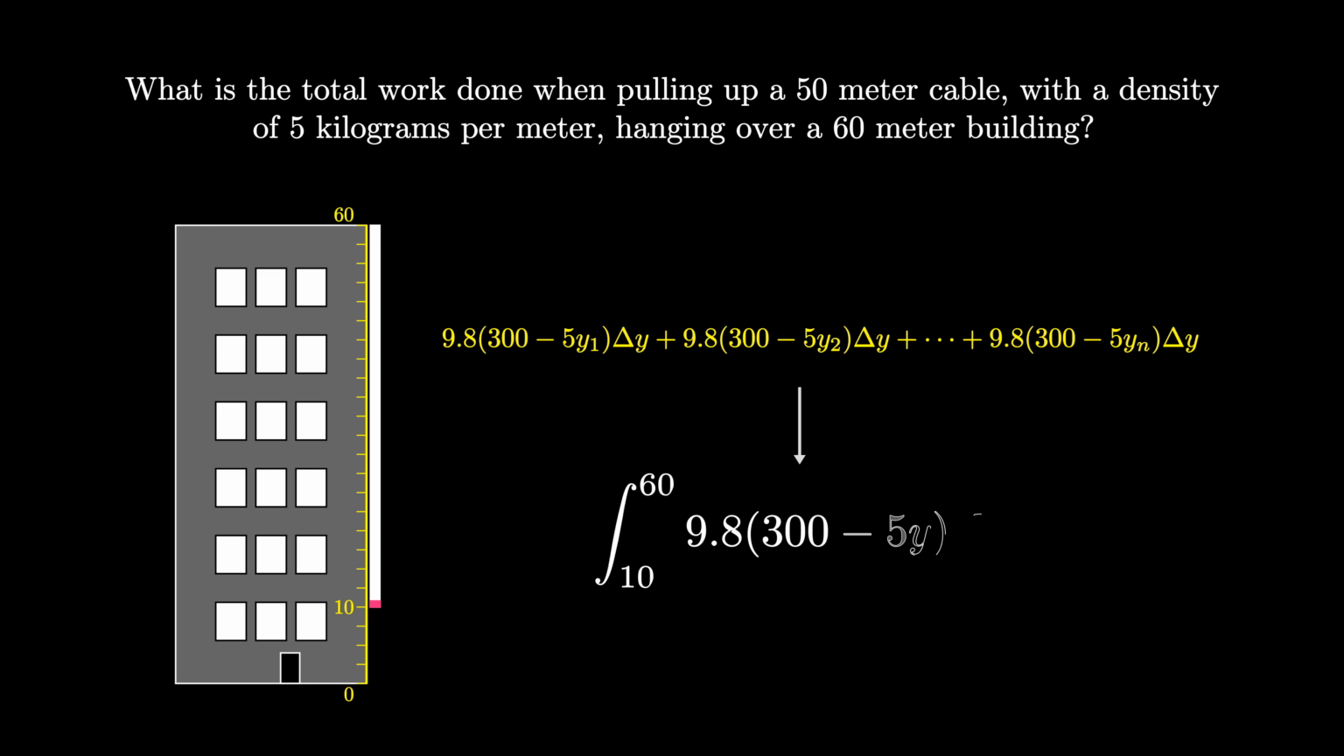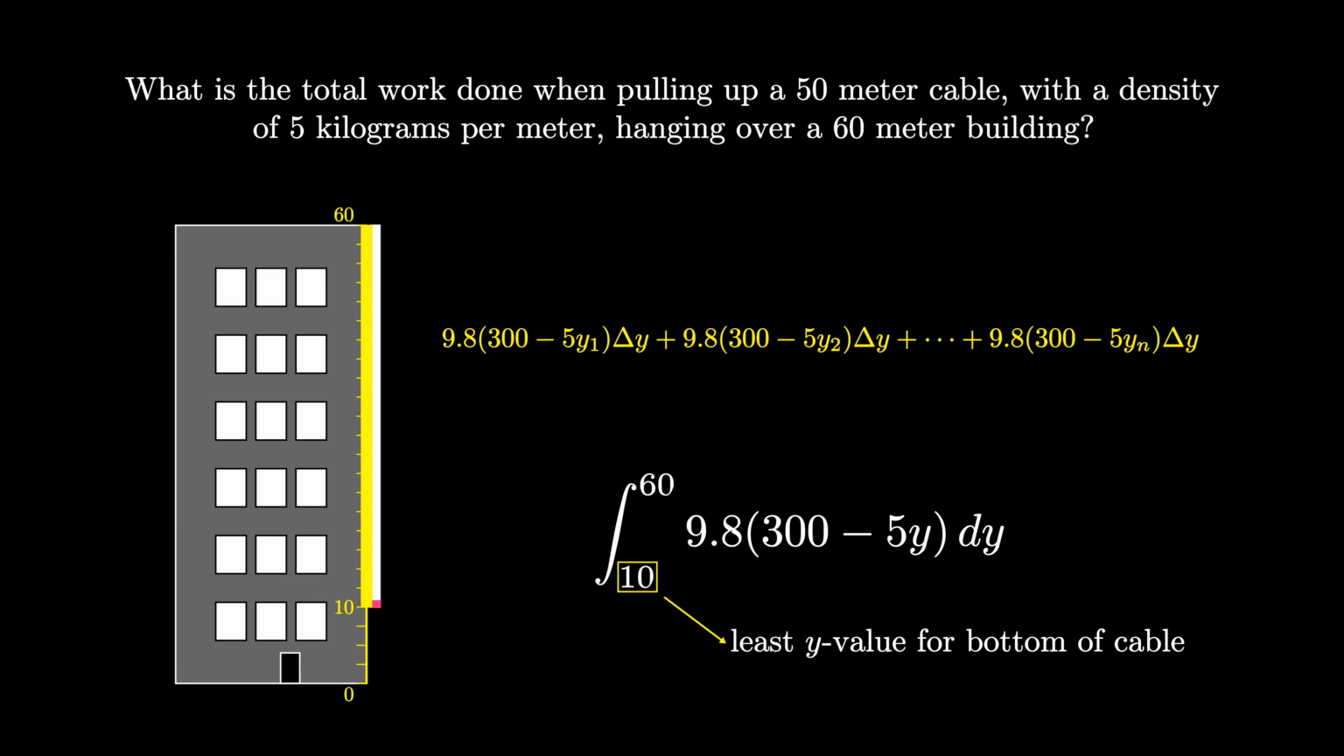In particular, the work done will be the integral from y equals 10 to y equals 60 of 9.8 times (300 minus 5y) dy. Here, the lower bound of the integral is y equals 10 because that is the least possible y-coordinate for the bottom of the cable. And the upper bound is y equals 60 because that is the greatest y value for the bottom of the